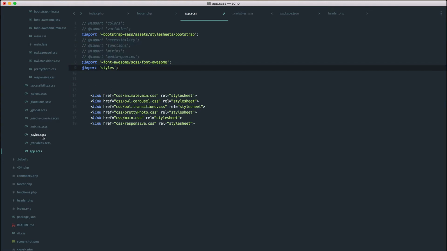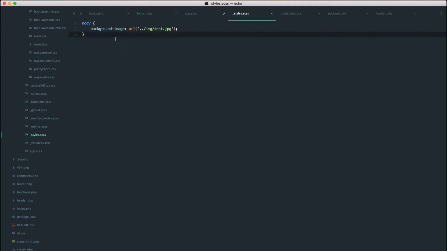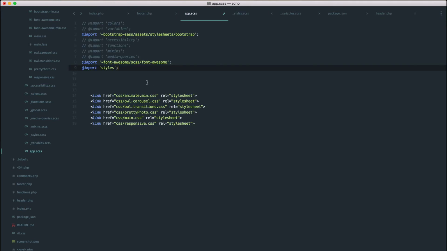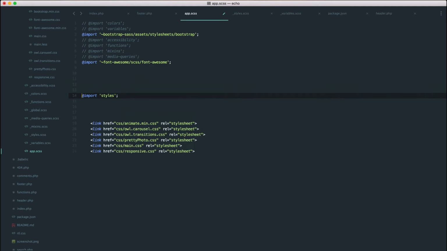Style sheets, that's normally my style sheet here. It's the one that I use for everything. Right now I'm going to leave it blank. I'm still going to include it, and I'm probably going to include it last, so that I can override anything that I need to in this template. Then I'm going to say